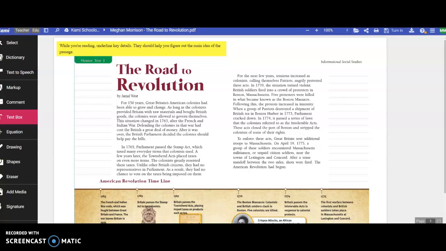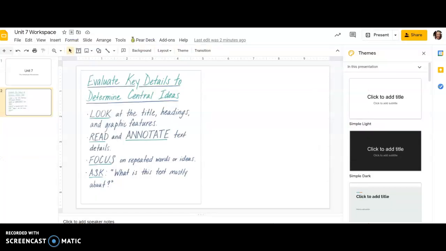All right. For this lesson, you are reading an informational text about some of the things that led to the American Revolution. While you're reading, you're going to underline key details, and then you're going to use that to help you figure out the main idea. So as a reminder,